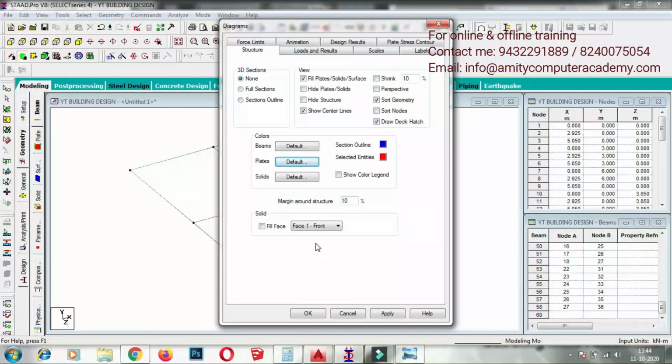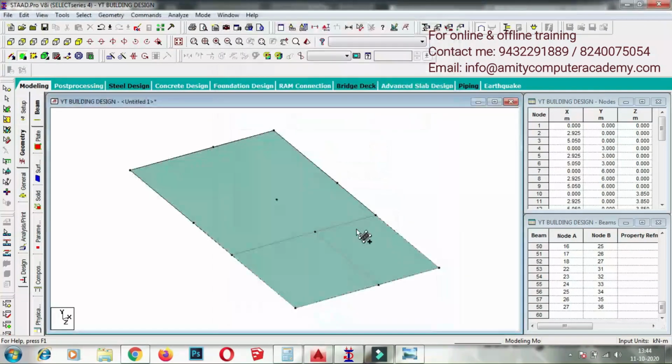So make sure that you always assign the plate properly. The blue color should be on the top and the gray color should be on the back, because when you are assigning the load, it should come from the top. This happens if you have selected the nodes anti-clockwise. If you have selected the nodes anti-clockwise, then automatically the plate gets assigned properly. So make sure that you are selecting the nodes anti-clockwise.